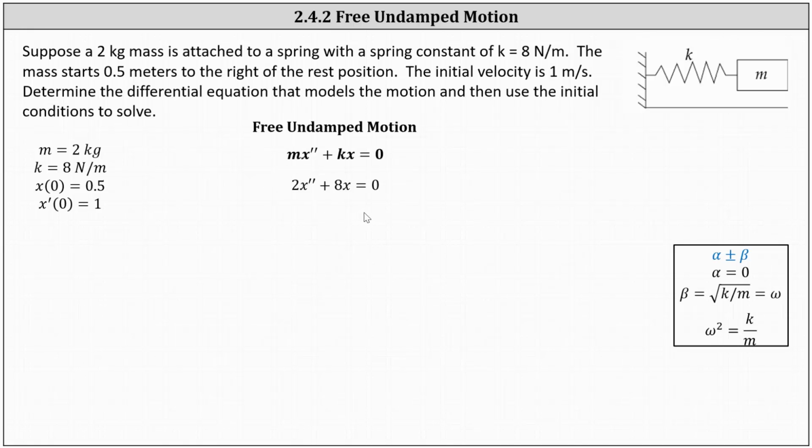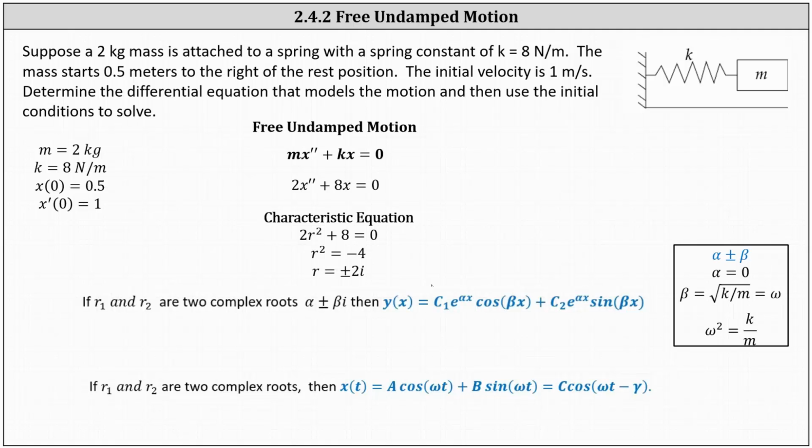Let's first solve this like we already know how to do, using a characteristic equation. The corresponding characteristic equation is 2 r squared plus 8 equals 0. Solving for r, we have r equals plus or minus 2i. So again, if the solutions are in the form of alpha plus or minus beta i, alpha is 0 and beta is 2. So using the form that we already know, because alpha is 0 and beta is 2, we have the general solution, not y of x, but x of t